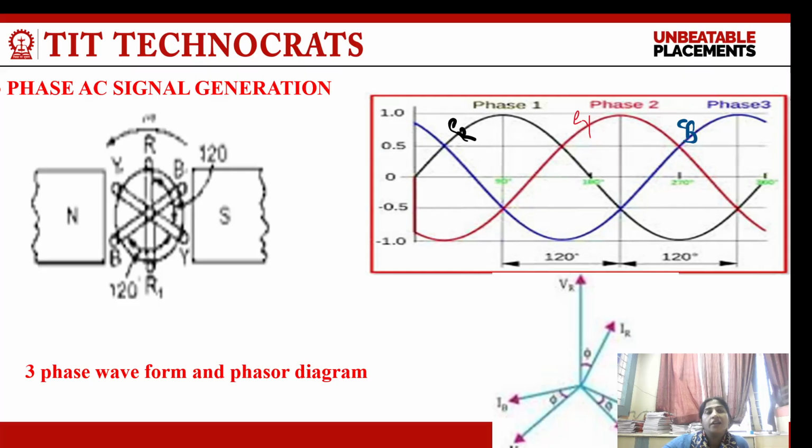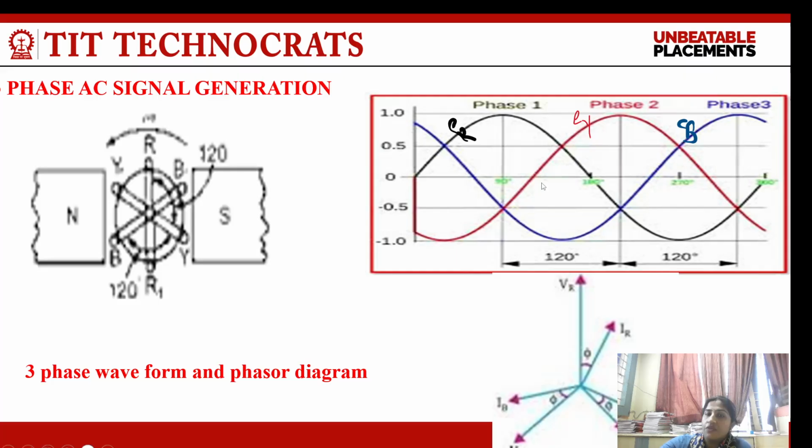But an alternating signal is not sufficient for heavy machineries, because they get interrupted 150 times in a second. So to deal with this type of problem, we need three-phase AC signals. These three-phase AC signals are generated by taking three conducting coils, and all these three coils are placed at an angle difference of 120 degrees, as you can see in this picture. And when these conductors are rotated in a constant magnetic field, three AC signals are generated.